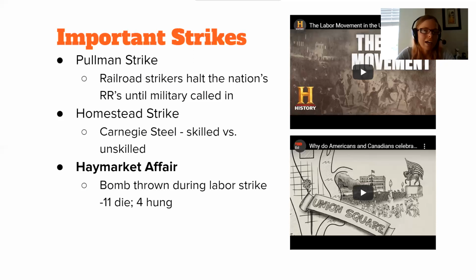Carnegie would not hire any unskilled workers because they would work for less. And then the skilled workers in the union would be making less money. So they said, you can't hire any of those unskilled workers, keep them out. Well, the company did just that. It broke its word and started to hire some of these unskilled workers. So what the trade union did was strike. And they actually surrounded the factory, the workers doing this strike, and refused to let anybody in.